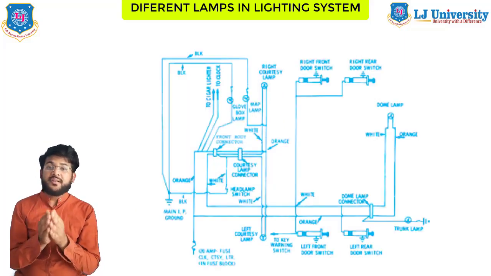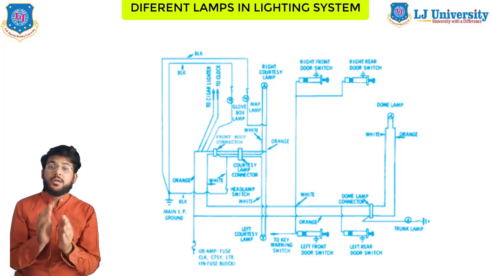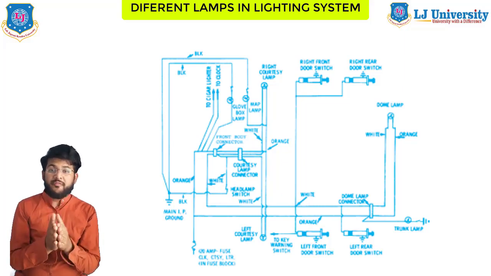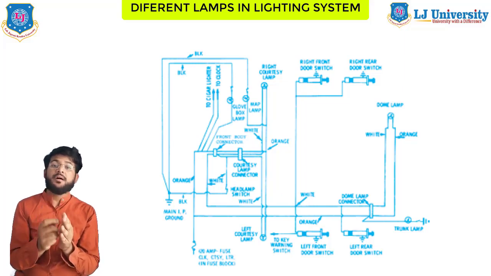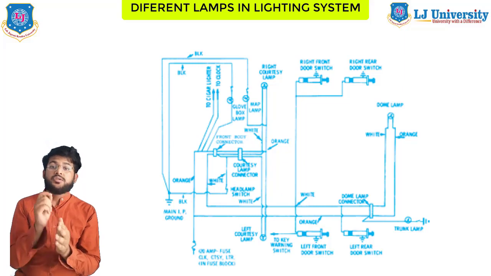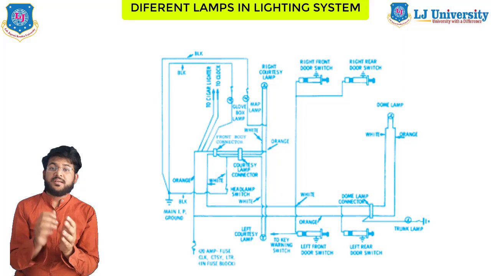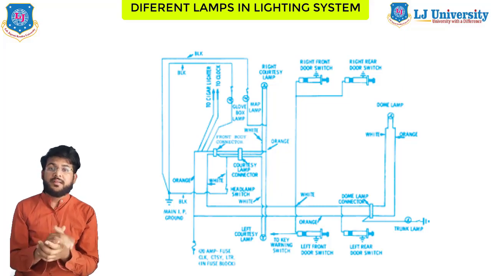Interior lamps receive current from the battery through the fuse panel. Switches at the doors control this current and light the lamps when one of the doors is open. Many manufacturers install the bulbs between the power source and the grounded switch. Others, including Ford, install the switches between the power source and the grounded bulb. You can see that also here. So this was all about the interior lamps.